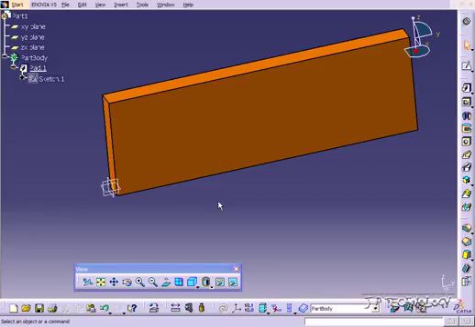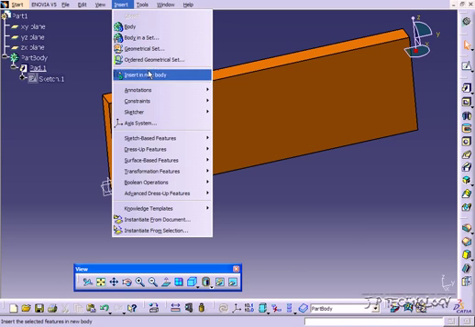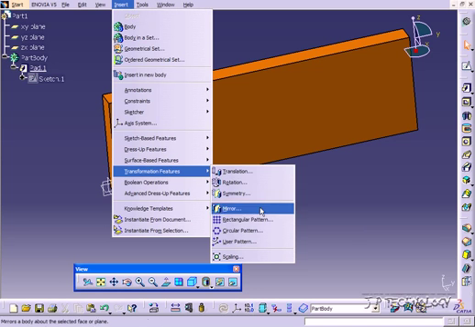This is tutorial number 71, and it covers how to use the rectangular pattern feature within CATIA V5. To start off, open up tutorial part number 71, which is located on the DVD. Now, to find the rectangular pattern feature, click Insert, click Transformation Features, click Rectangular